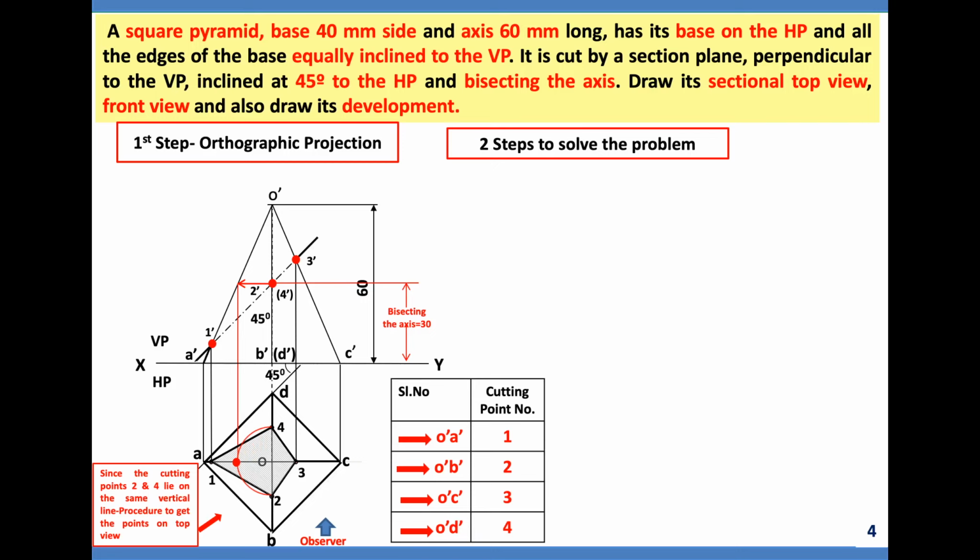We call this the sectional top view, like that the front view should also be made, the sectional front view. After completing this, as I told just now, O'A' or O'C', are they true length? Yes, it is true length, because if you check the counterpart in the top view, OC and OA is parallel to XY, obviously it is true length. With the help of the true length dimension, we can proceed to the next step,